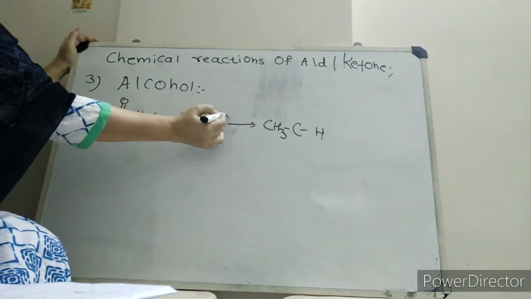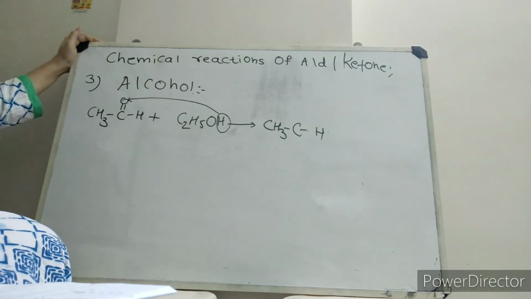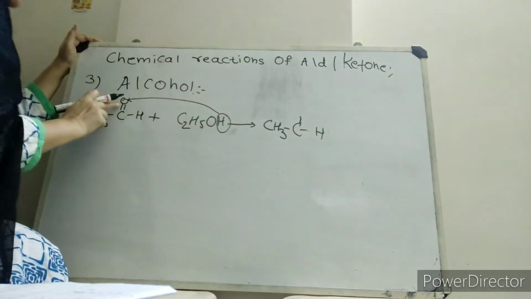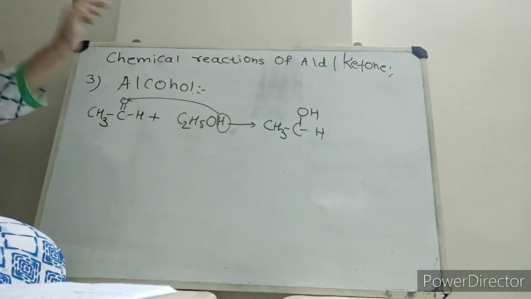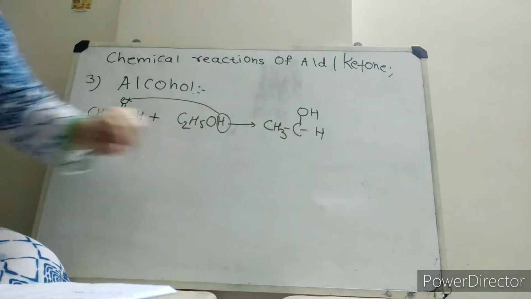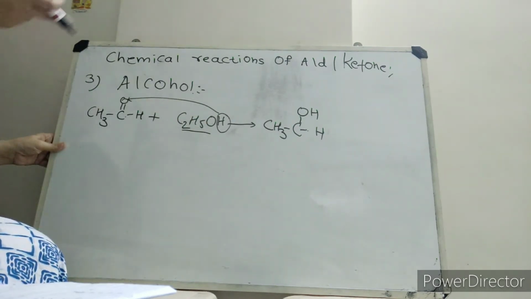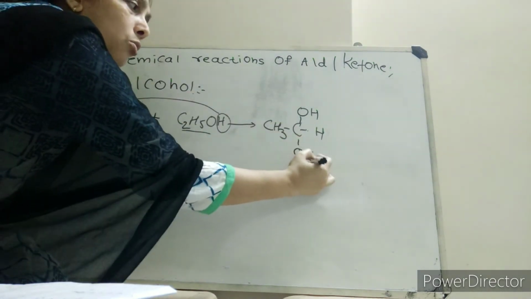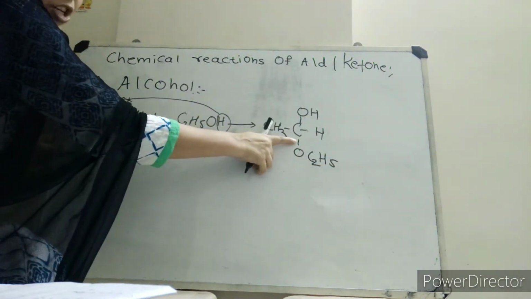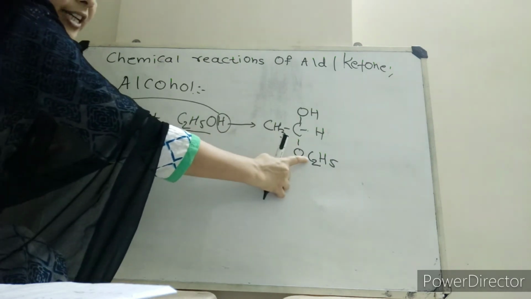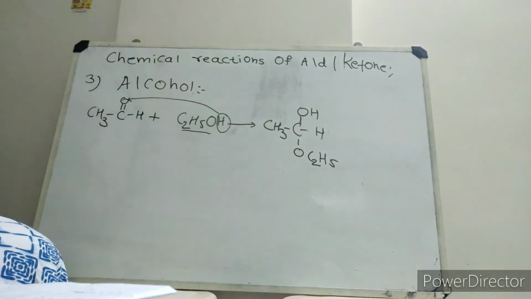Now this hydrogen combines again with this oxygen, so instead of a double bond it forms a single bond, forming OH. Now what about the fourth valency of this carbon? To this fourth valency we cannot write C2H5O; we have to write OC2H5, because oxygen is divalent, so it is attached to this carbon with this bond, and it is attached to the C2H5 also. So we always have to write OC2H5.